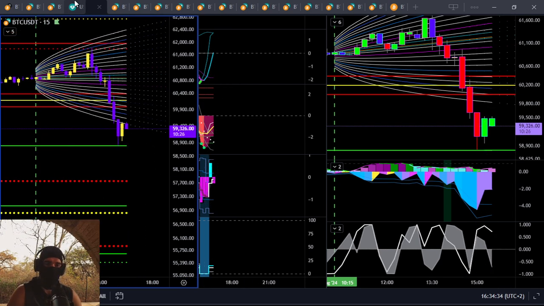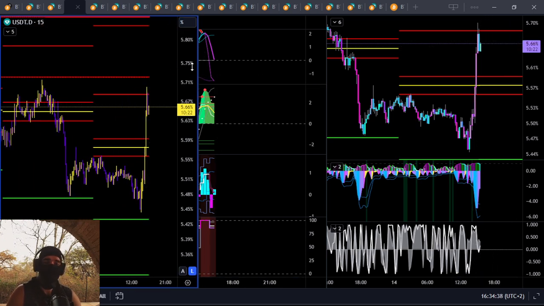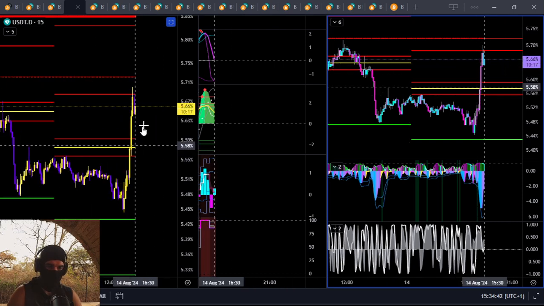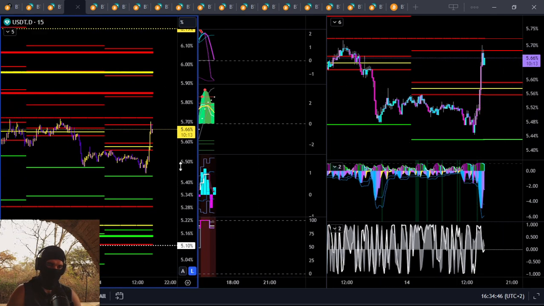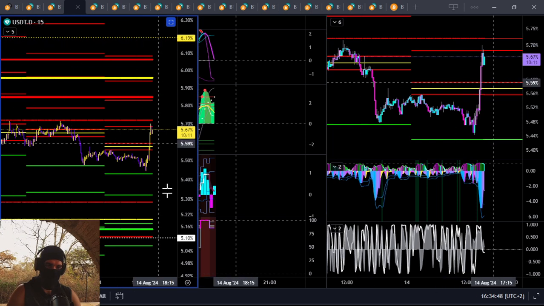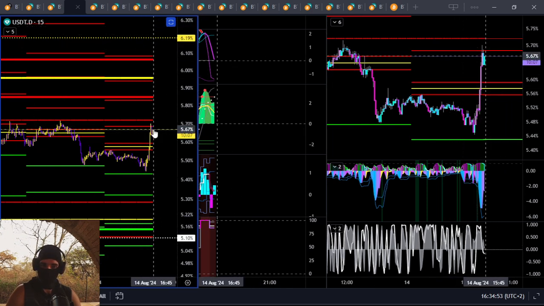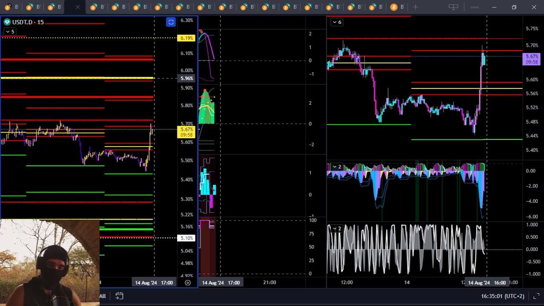All right. Quick change up here. We're going to go look at USDT dominance. So a little bit of a hard one there. This thing's already sort of had its move. Let me just turn these off. Okay, so anywhere you see extended lines are untouched yellows. So if this thing does have the legs, I would expect 5.96% dominance on USD over here. If it gets there, Bitcoin is bearish.